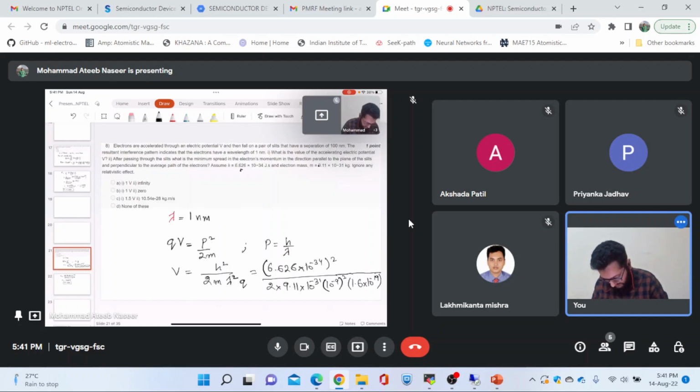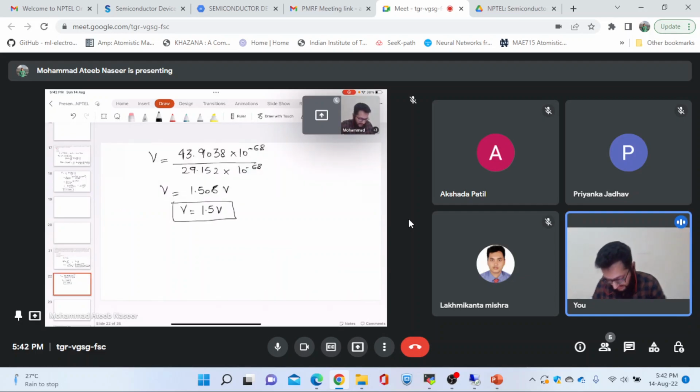So option C for the first part only matches till now. Now we are required to find the spread in the electrons' momentum, and we will be simply using Heisenberg's uncertainty principle,